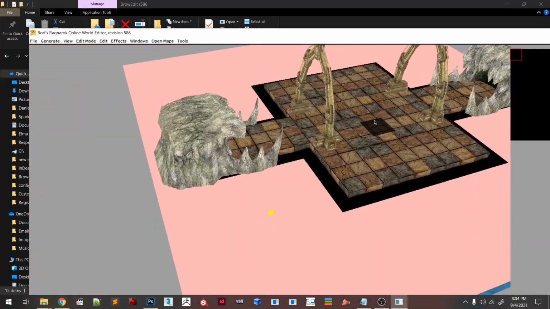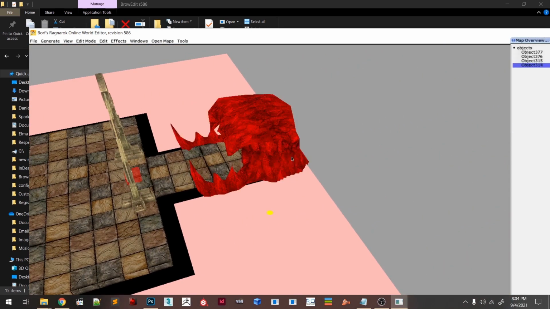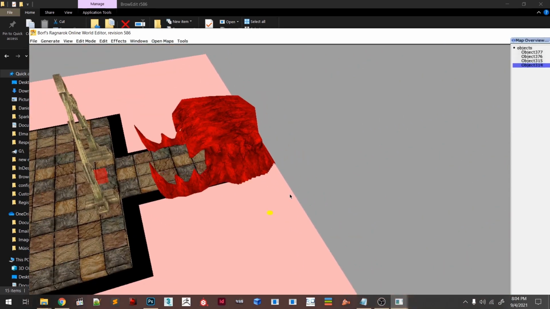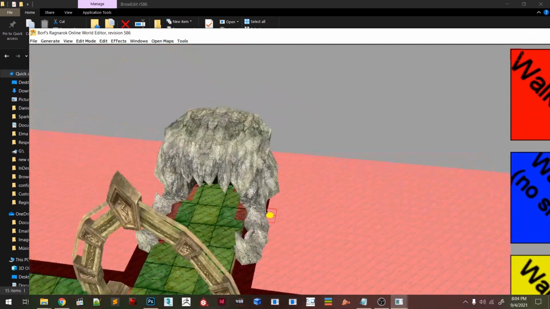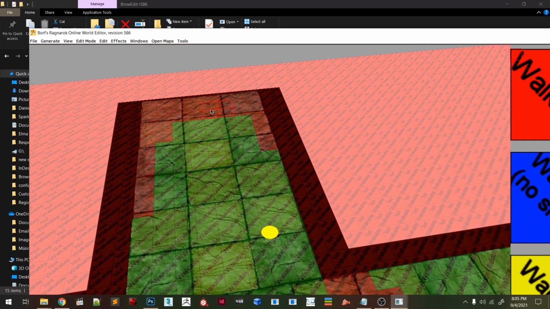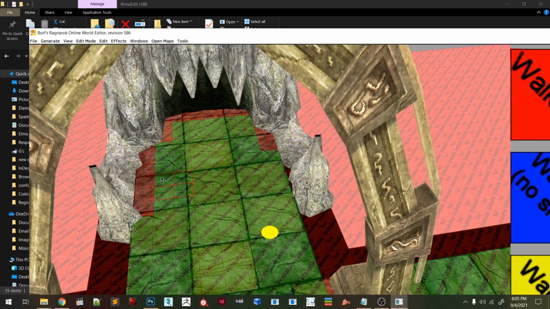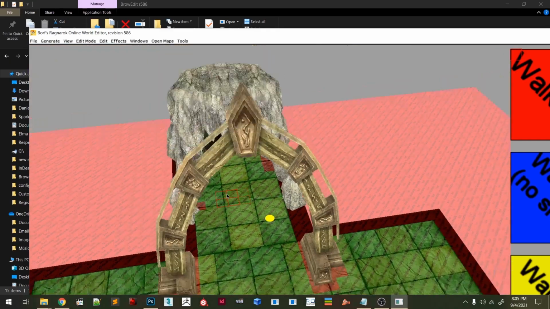Okay, so now I can see that this object is a bit farther than that one, so I'll fix that. I'll make sure the gat is okay. Yes, much better.